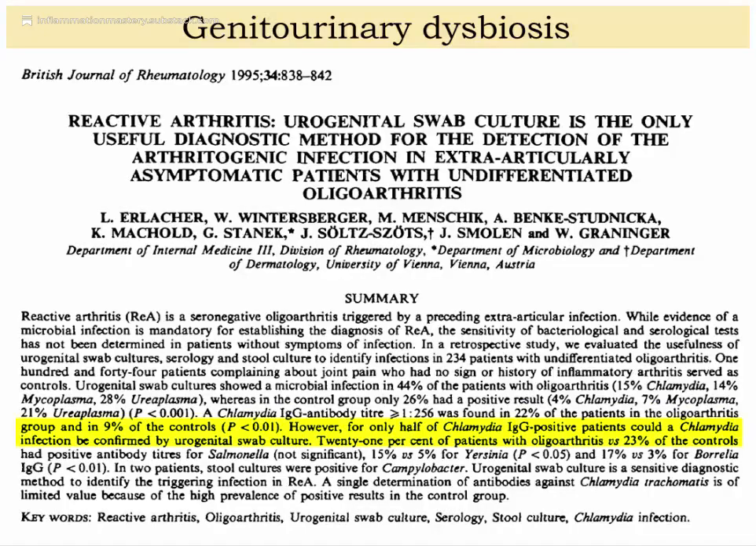They go on to state that for only half of the chlamydia IgG positive patients could a chlamydia infection be confirmed by a urogenital swab culture. That's probably because the chlamydia infection is somewhere else. It's either systemic throughout their body or perhaps located in their nasopharynx or respiratory tract. 21% of patients with oligoarthritis versus 23% of the controls had positive antibody titers for salmonella, which was not obviously significant. However, more significant differences were found for your